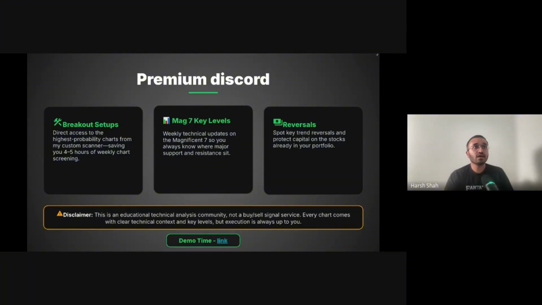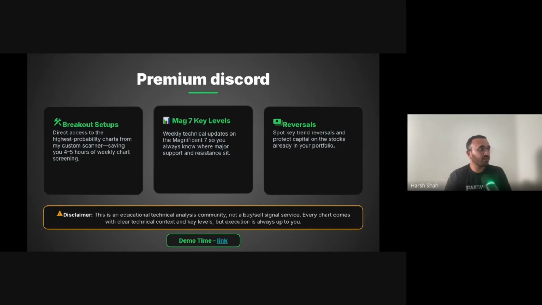In the meantime, since I have access to a lot of setups that come to me, I recently started a community. Again, this is not for earning a lot of money, it doesn't even make a difference. But if I'm getting some setups, I want to share them. I've been writing blogs, but blogs reached only specific folks. The first goal is to share the setup and explain what is happening. What to do with that is completely your lookout. So that is the whole goal with Discord, where I keep all the Mag 7 stocks. I share all the levels for them every week. I share all the breakout stocks that I see. I curate everything based on my research, and then I share a curated list to the Discord, and reversals as well.